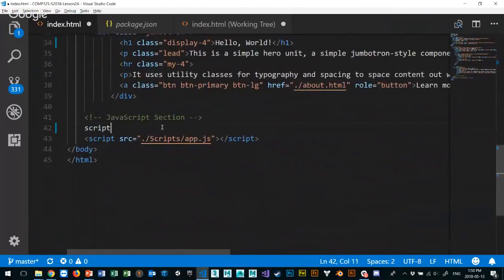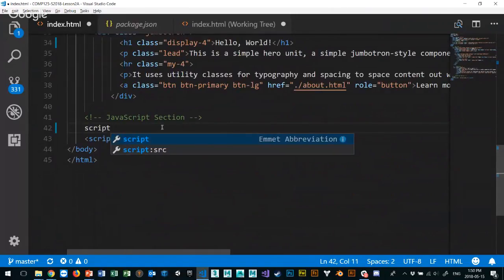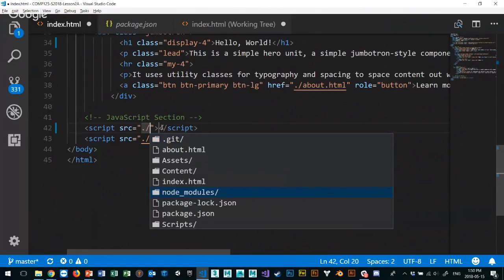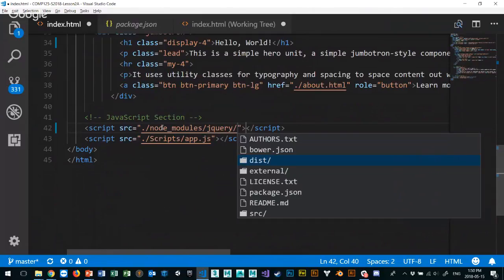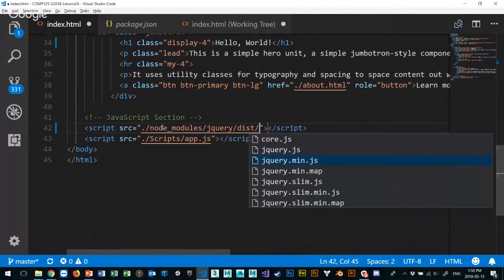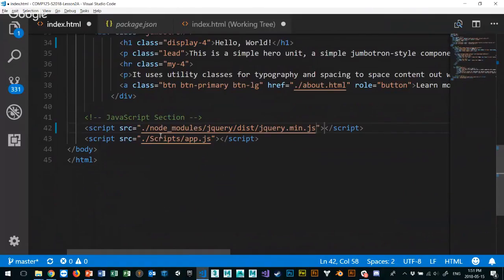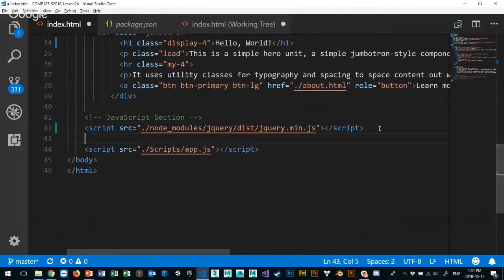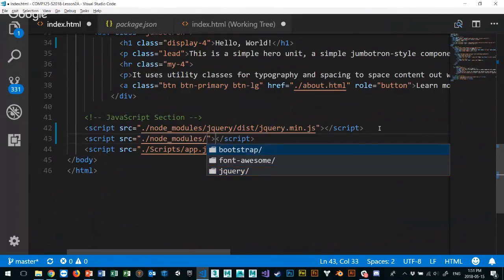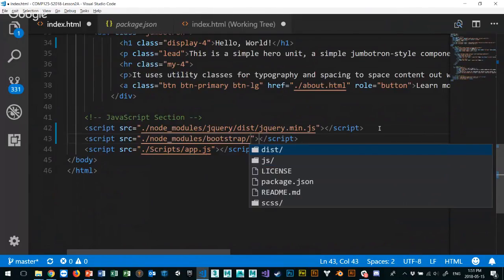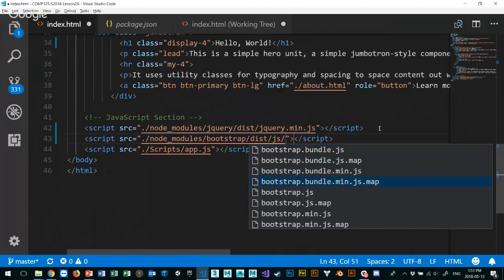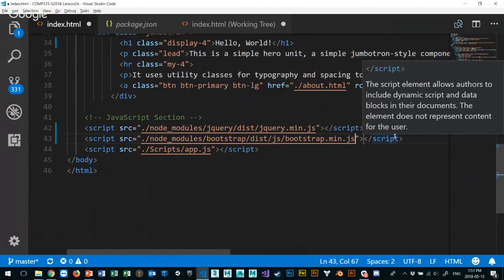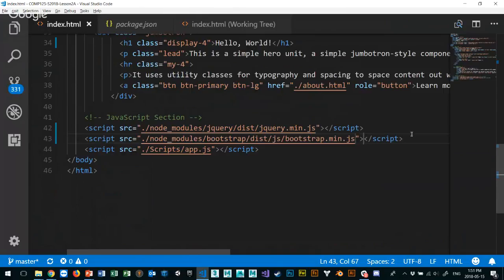On the bottom, I'm going to link to jQuery. So script source, /node_modules. I'm going to go to jQuery this time under dist, and then jQuery.min.js. Okay, so that's the new link to jQuery. And then script source, node_modules, and then bootstrap. It's got to go bootstrap, instead of dist, JS for JavaScript, and bootstrap.min.js. And that's the link. All right, so that should restore everything we had before, but using Node,